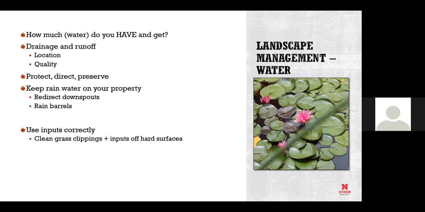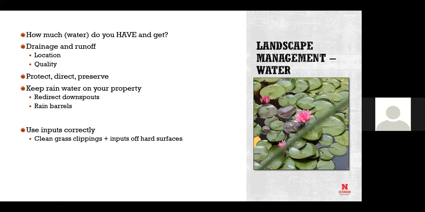So both of those again, now we're talking drainage and runoff. There comes that slope and there comes the soil. What is the location of what is happening? Which direction is it going? What is the quality of that water running off, either from your own property or running on? Is it carrying things with it, silt, or do you have a neighbor who over-fertilizes his lawn, or puts down granular weed stuff?